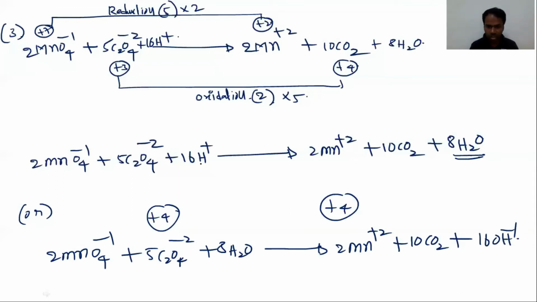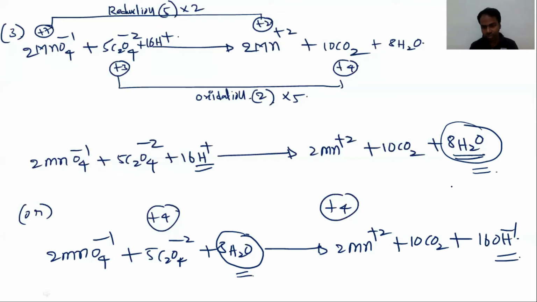If you observe the acidic medium and basic medium, here the water molecules get shifted. See here, in this one the water molecules are present on the product side, in this one the water molecules are present on the reactant side. That is the only difference. So shift the water molecules and add an equal number of OH minus ions, equal to H plus, in the opposite direction. The redox equation is now balanced in basic medium.